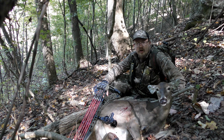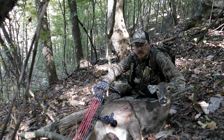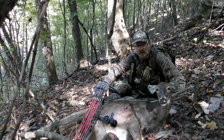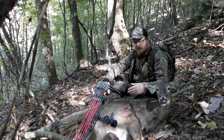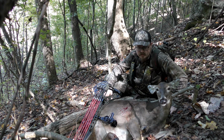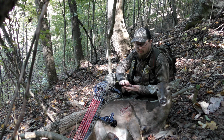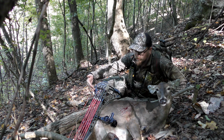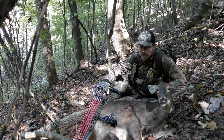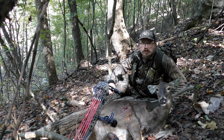And I drawed back, put my top pin on her, shot, and I immediately knew, or thought anyway, that I'd hit her kind of low, but she had ducked like crazy, thankfully. And if it wasn't for that, I probably would have shot underneath her. But as you can see, this is the exit side right here, exited perfect. Entered back here kind of farther back, but she was quartered away so steep. I intended on doing that way it'd come out towards the front here, but she wheeled and ran over here